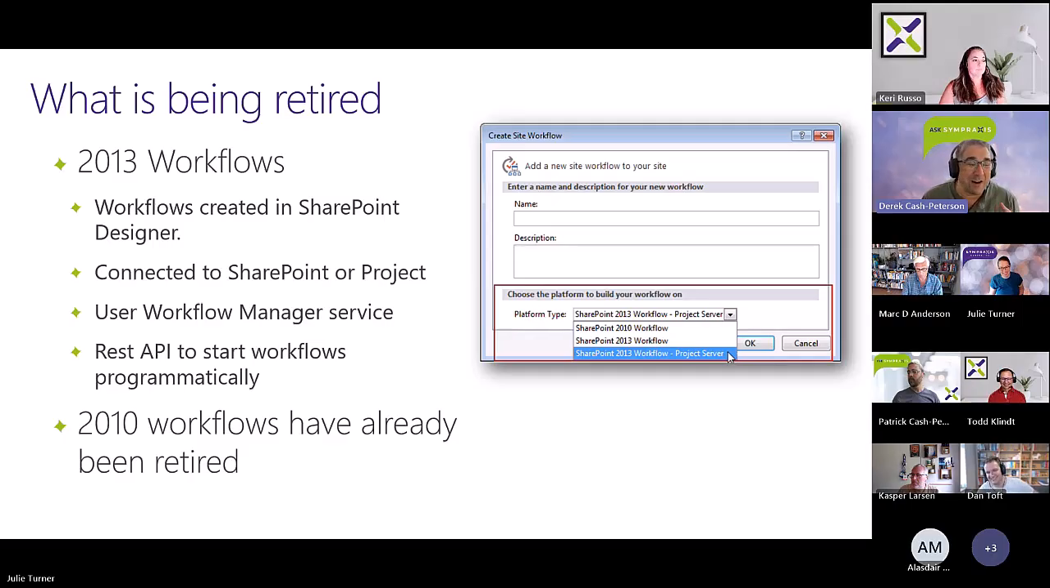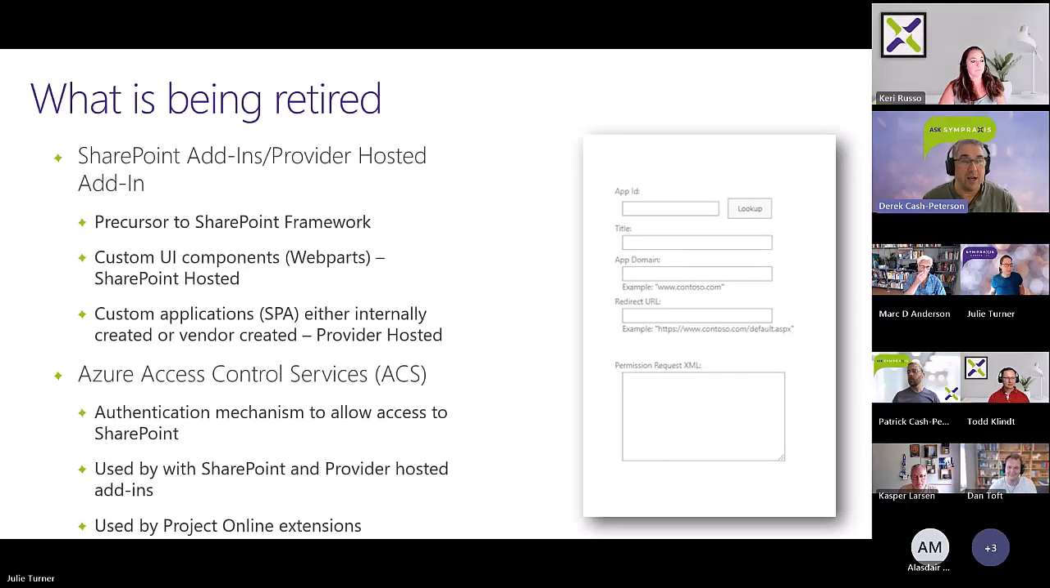There were also some very limited REST APIs specifically around workflows. That is all going to start going away. We did a session, I think at this point, a couple of years ago on the 2010 workflows. 2010 workflows are gone. Those have been retired for a really long time. So Julie, if you go to the next slide, we also have